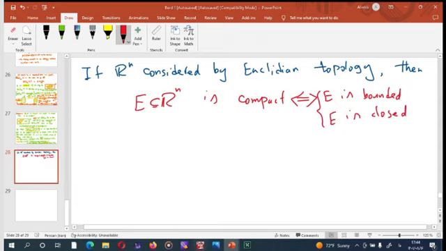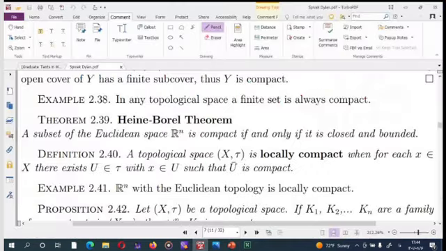Okay, a subset of E with Euclidean topology is compact if and only if it is closed and bounded. So, for example,